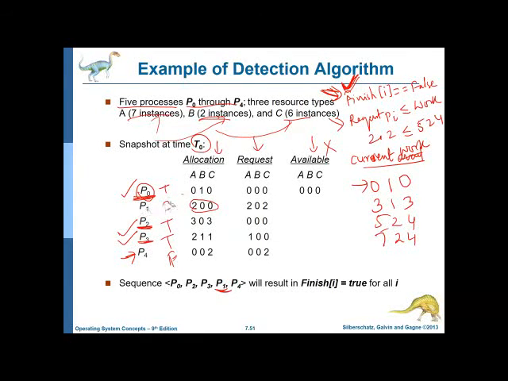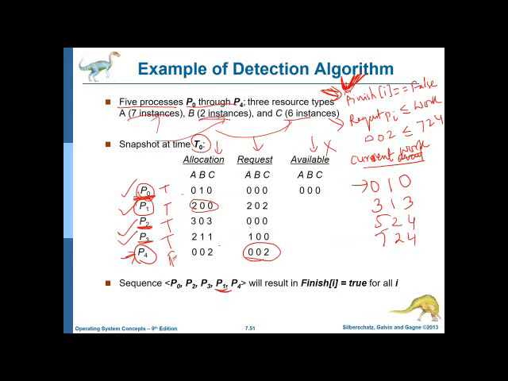So now we change this to true and this has been allocated. Now let us return to the last process. The second step, we find another i where finish is equal to false. Yes, finish is false. Is request of P4 less than equal to work? What is the current work value? 724. What is the request of P4? 002. Now 002 is less than equal to 724.